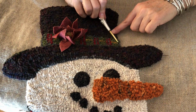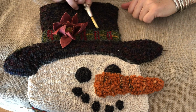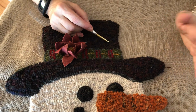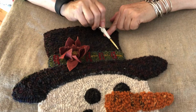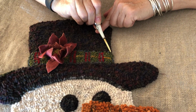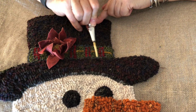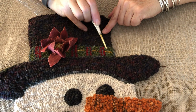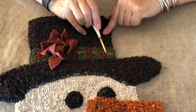So I picked the gold in this place to go under. So there's an order of hooking, and the order of hooking is just because it makes it so much easier for you to hook. So here's our section. The first thing is you outline the section. So by outlining the section, we have the blue spruce here, the blue spruce here, the blue spruce here. Then the gold gets put in so that the line doesn't get lost, and it goes right to here,